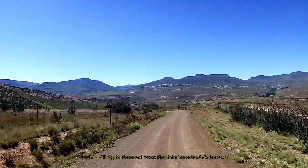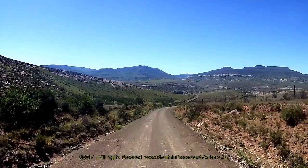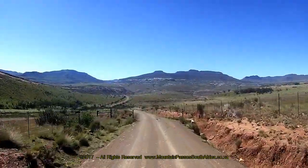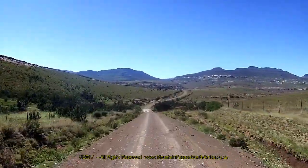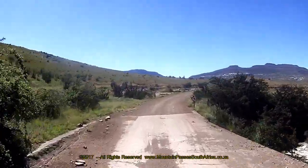valleys. Far below, the Bokspruit meanders through the mountains as it flows westwards to form a confluence with the Sterkspruit, which in turn forms another confluence with the Bell River to flow into the dominant Kraai River, which eventually flows into the Orange River. At the 2 kilometer mark, the road levels off briefly and crosses a side stream via